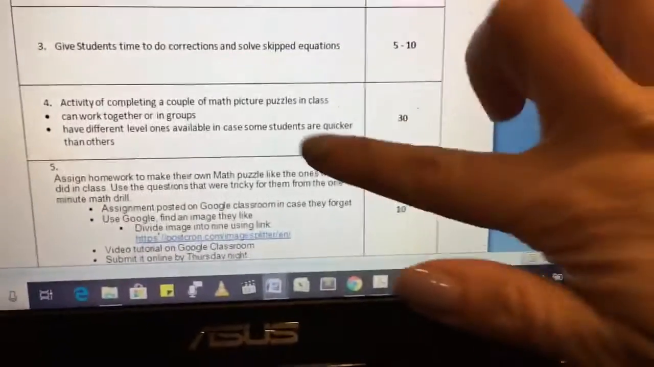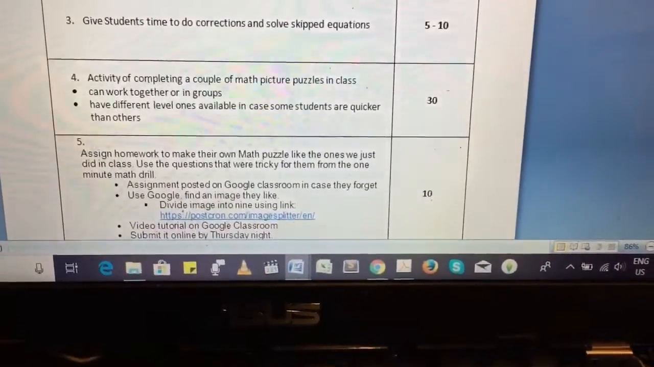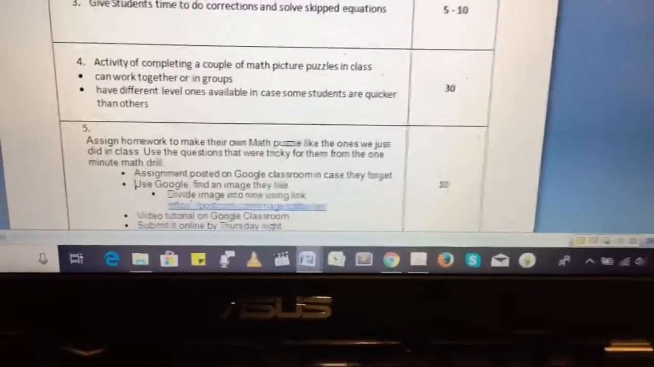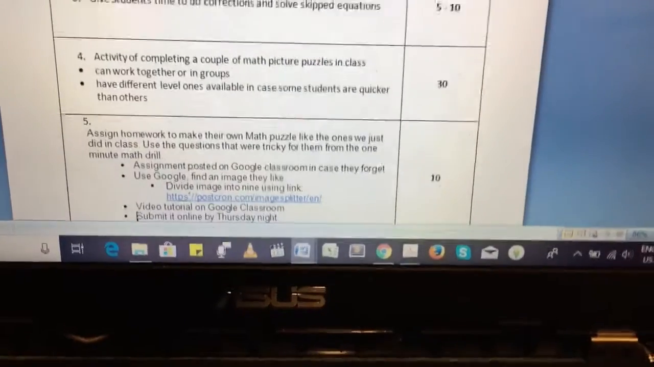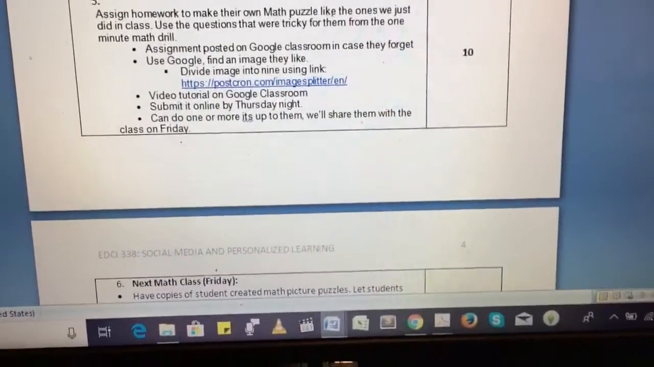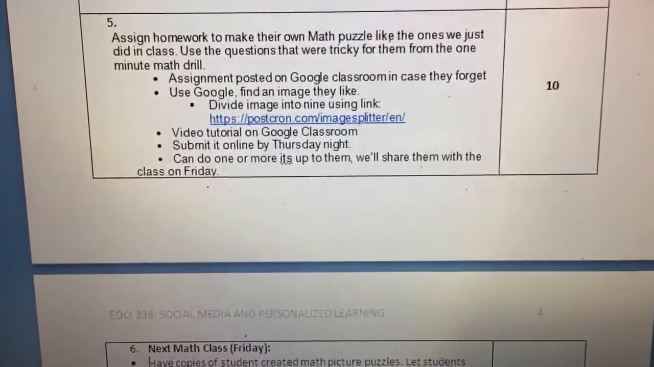So after completing the activity of the worksheet in class, I would assign them homework of making their own math puzzle. This is where our digital literacy and personalization and social media come in. They will be using Google Classrooms, as I said before,